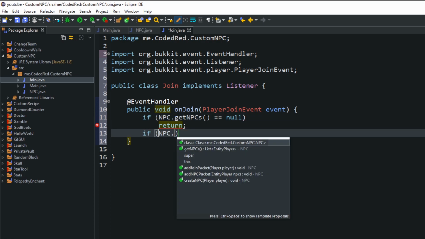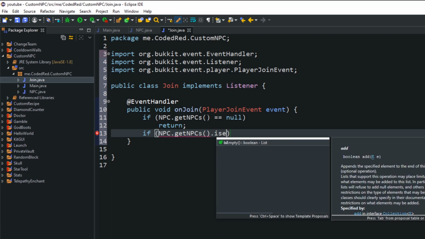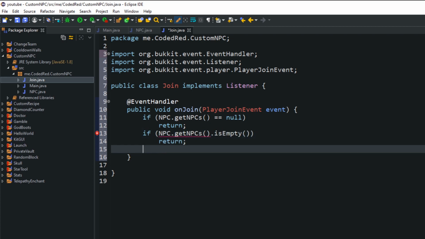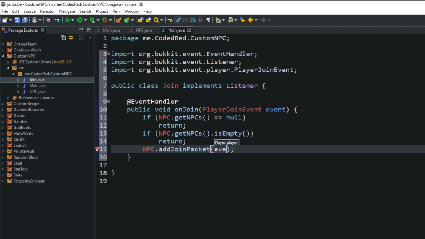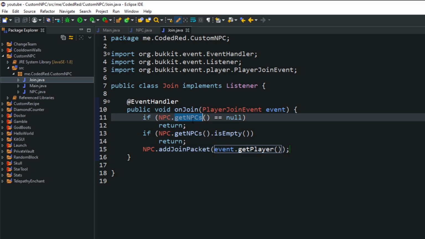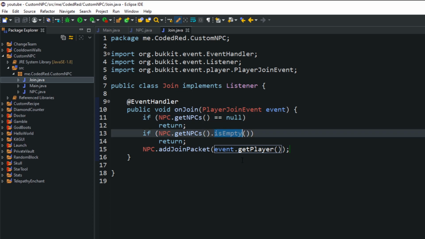If NPC.getNPCs().isEmpty(), return. These probably do the same thing, I just do it just in case. Otherwise, if it's not null and not empty, we do NPC.addJoinPacket(event.getPlayer()). So if they join the server and we're getting that list, if it's null, return, the same if it's empty. If it's not, we add them to that packet so they can see all the NPCs.